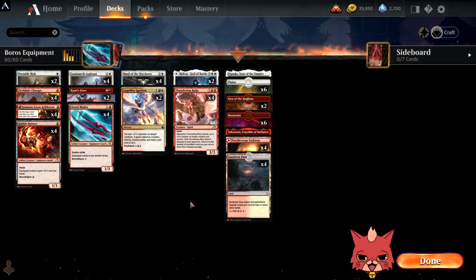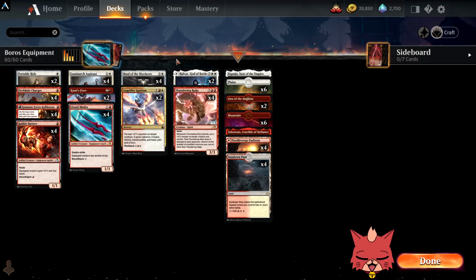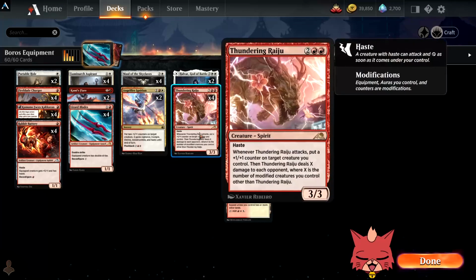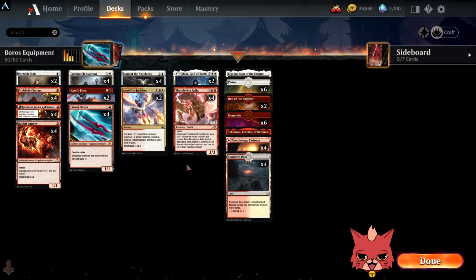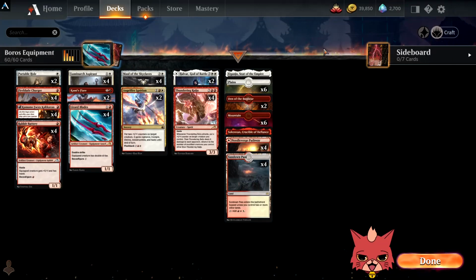A few things to note here, guys. A few changes that you could potentially do, in other words. Angelfire Ignition is just so powerful. I would potentially go up in Ignition and maybe go down something else, and I'm not sure what. Maybe a Lizard Blades, but the double strike's really good. Maybe go down a Halvar because it's not essential, and having all of these 4-drops is actually a lot. So yeah, maybe up in Ignition to 3, down a Halvar to 1, and